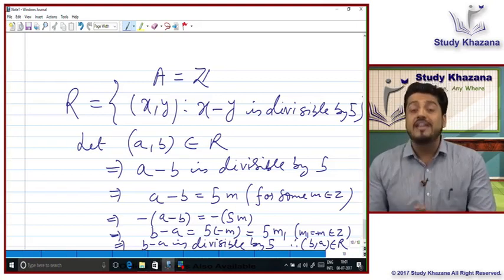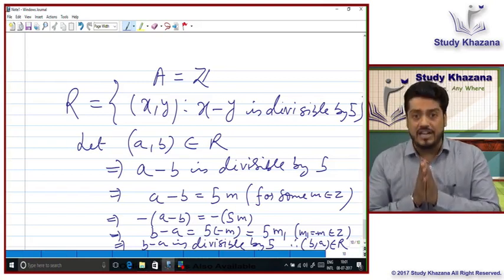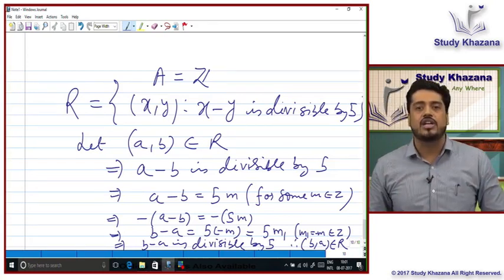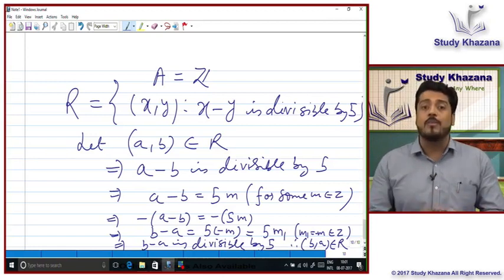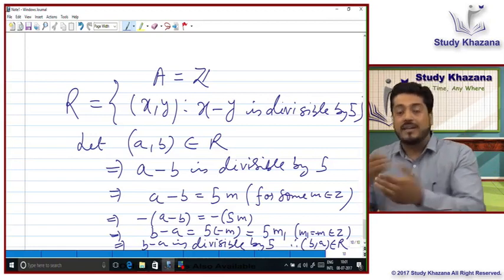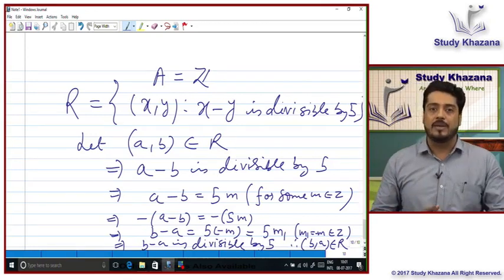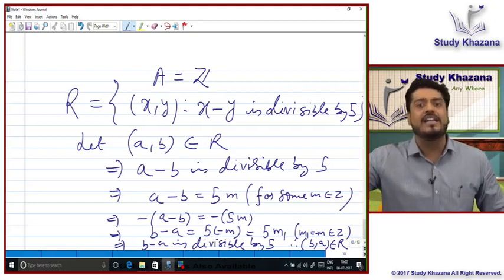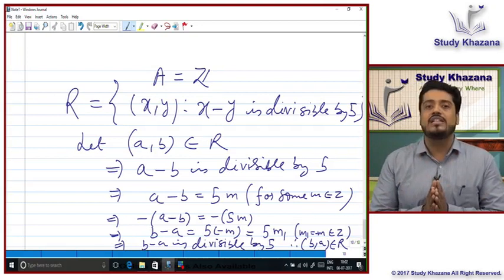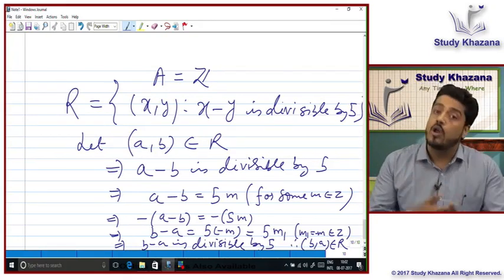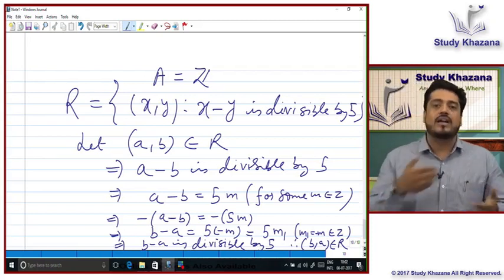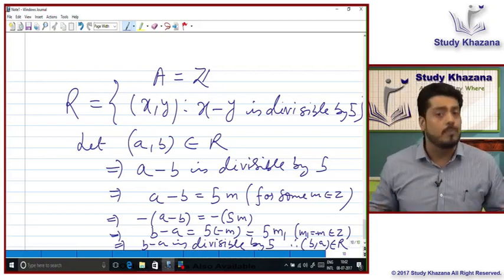So it is always difficult to explain relations in set builder form, and it is always easy to explain the relation in roster form, because in roster form we write the elements explicitly, so we can see each and every element. But in set builder form we do not write all the elements, we only write one common property through which all the elements are related. Okay, fine. But generally when there is a question of 6 marks, it is always in set builder form. There must be a question of 6 marks from either of 3 topics, either from relation or from function or from binary operation.